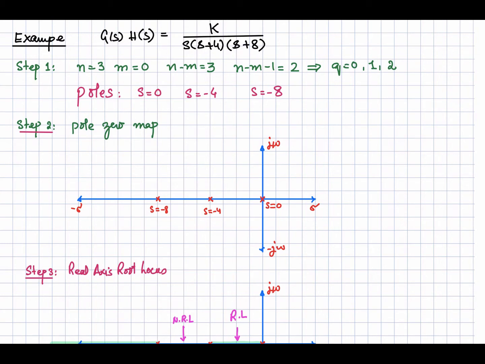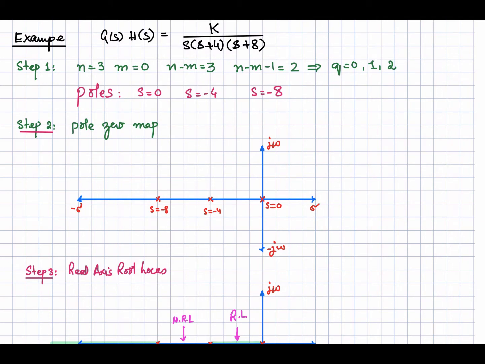So the first step in the root locus sketching is to determine the number of poles, zeros and asymptotes. So here you can see n is the number of poles, 3 poles. There is no zero in this transfer function, and the number of poles moving towards infinity will be equal to 3 because there is no zero. So all of these poles will be moving towards the zeros which are sitting at infinity.